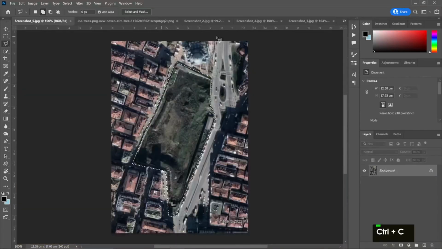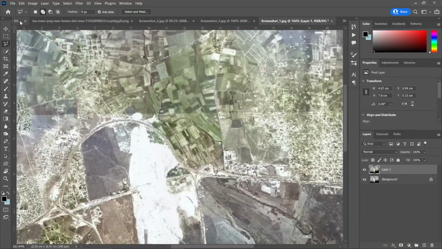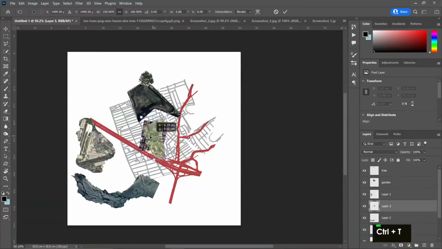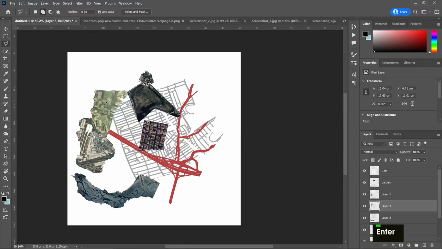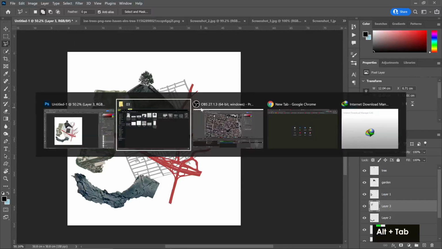And here we go, copy. Let's close this one and paste. And here we go. Okay, what else? If we want, we can show also some other patterns of this texture here around, or we can also show